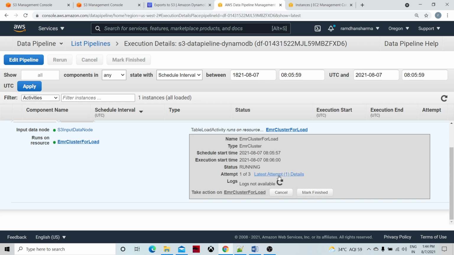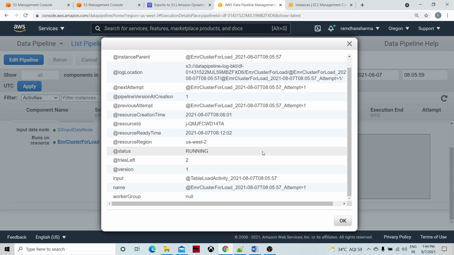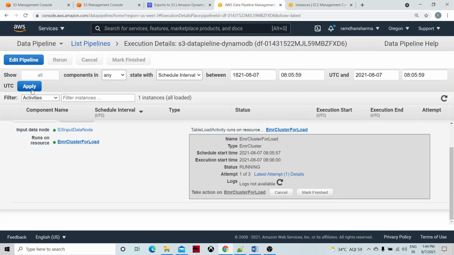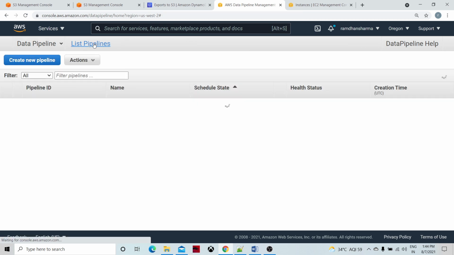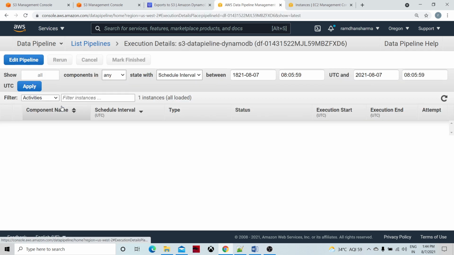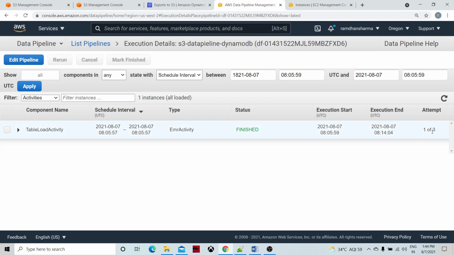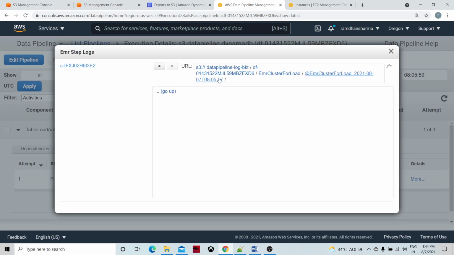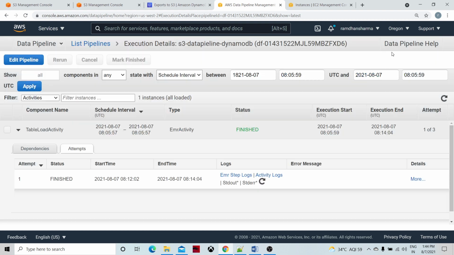If you look at the attempts, this is the first attempt, and it looks like it's finished. If you see the logs over here, yeah, this is the hierarchy of the logs.